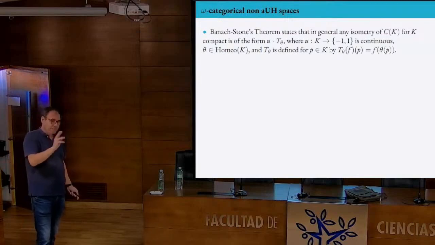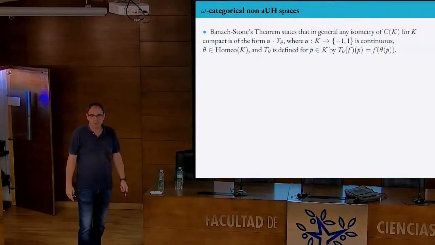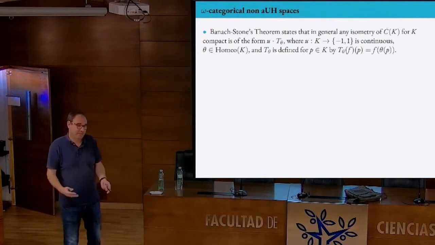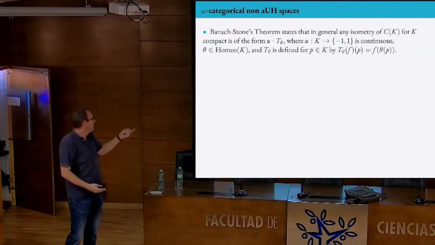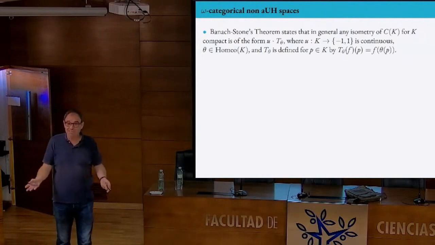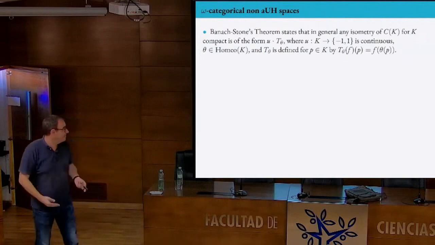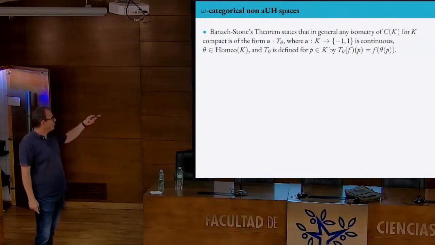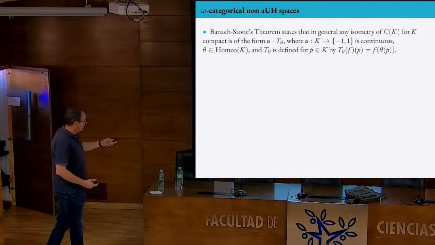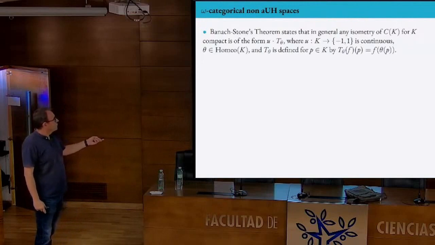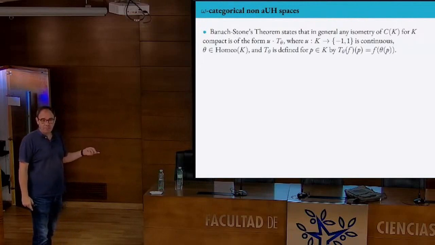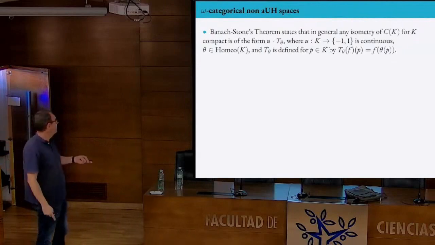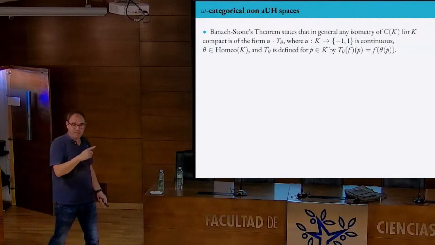Well, two keys. Very first of all is to know some isometries. Indeed, we know all isometries, but sometimes it's enough to know some isometries. Banach-Stone is telling us the answer. How do they look? Any isometry of C(K) is of the form, it has two ingredients. There is this u, which is a continuous mapping from K to {-1, 1}. There are signs; you can perturb the sign in a continuous way. And the other is a homeomorphism of the underlying compact set.